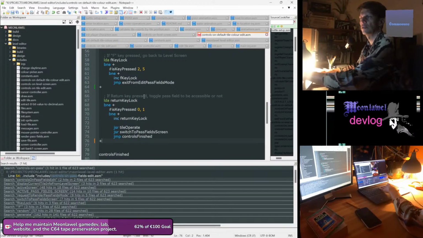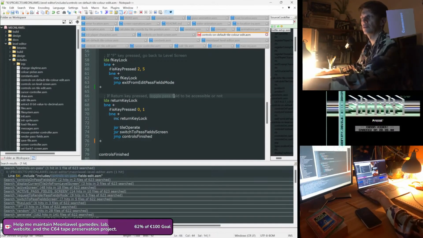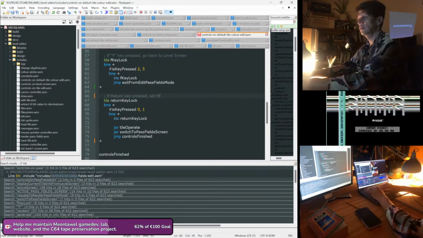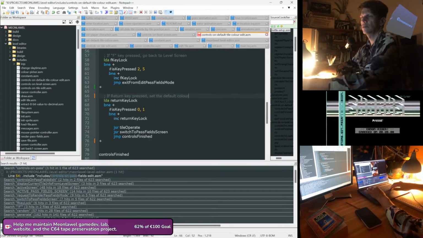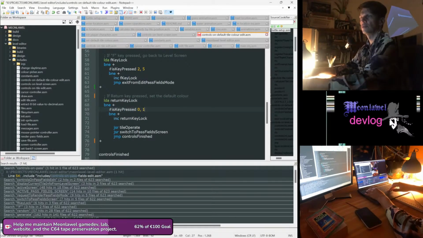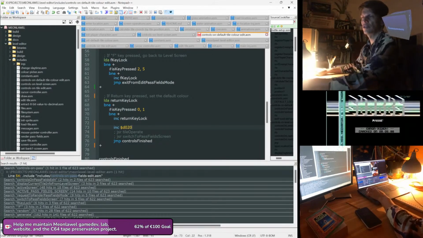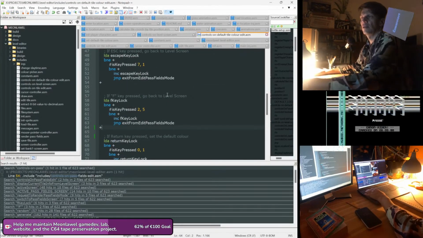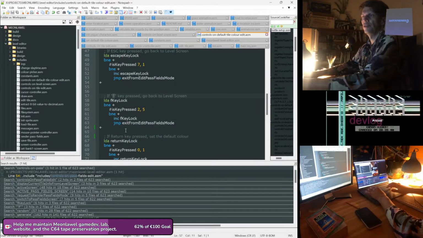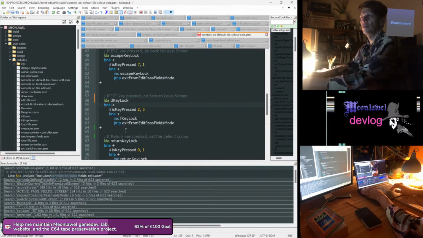Toggle, set the default column. And here I will just change the border for now. Back to this will be D to